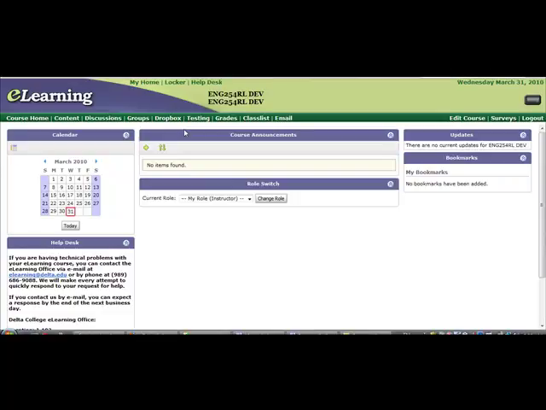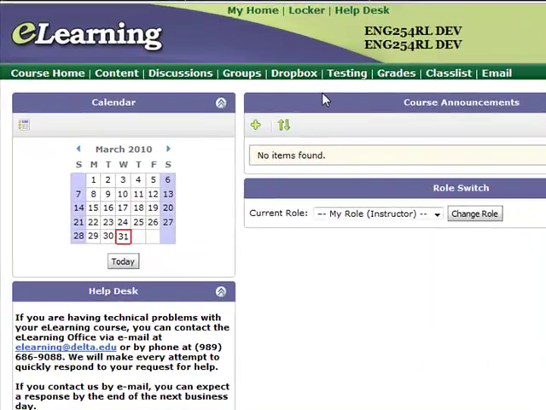Hi everybody, I just want to give you a quick walk through the Dropbox tool in Desire to Learn. It's a very simple tool to use, and it is very similar in nature to the assignments that we've seen in Educator. There's one way in which this tool functions just a bit differently from the other tools we've seen